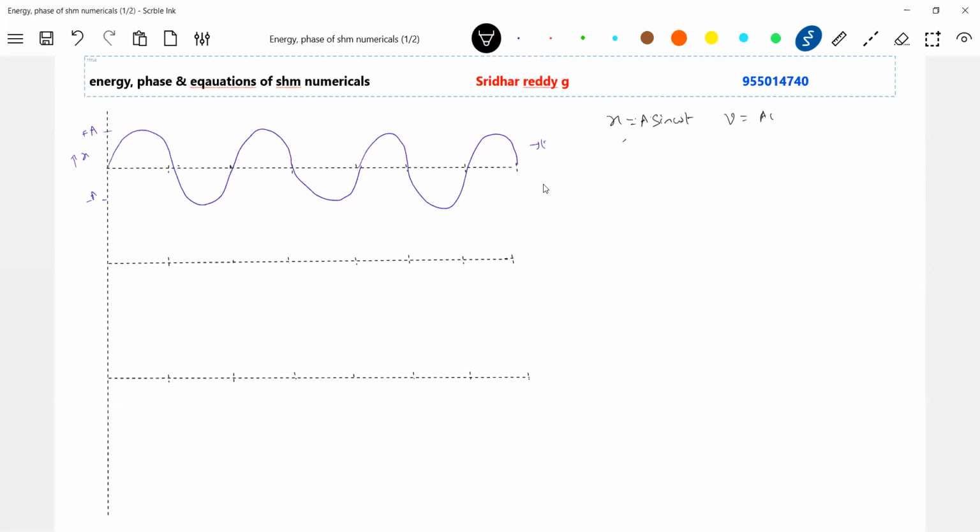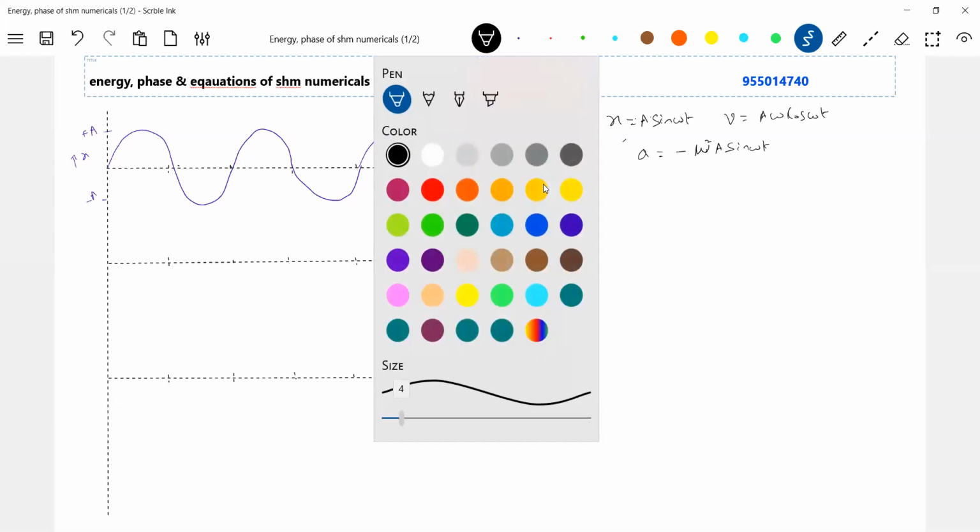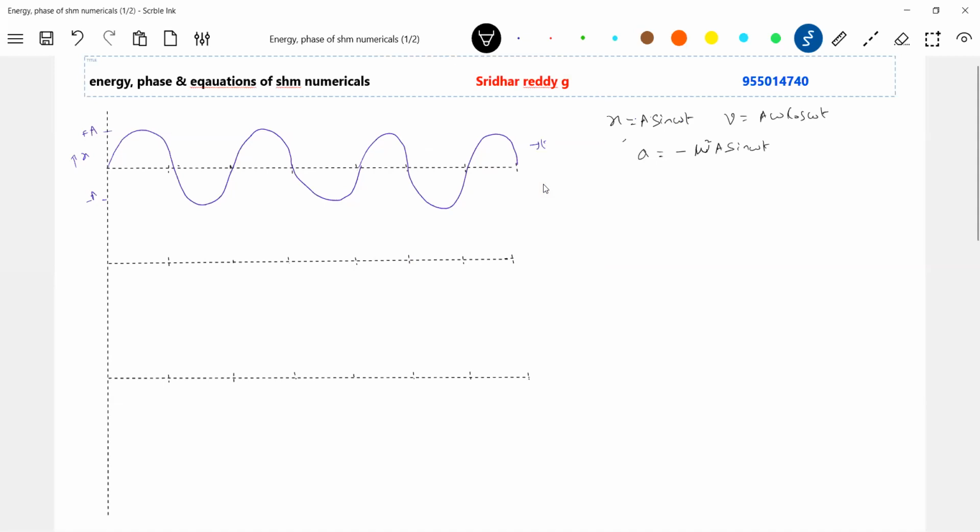Then what is v equal to? a omega cos omega t. Then what is the acceleration? Minus omega square a sine omega t. Okay, this is the thing. So v is a omega cos omega t. How will the curve be? The curve will be